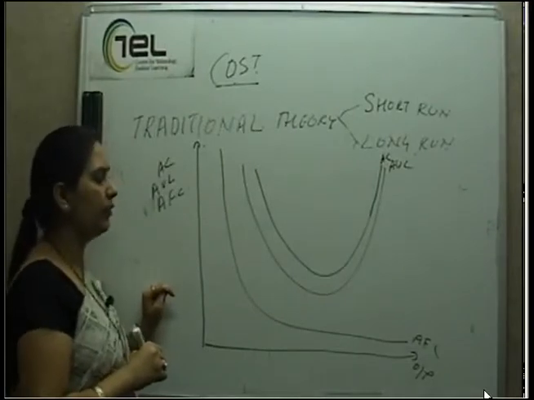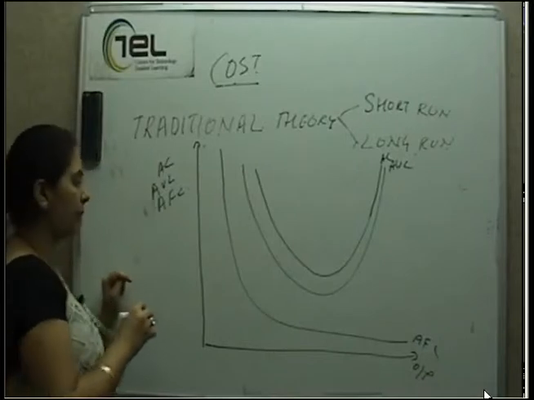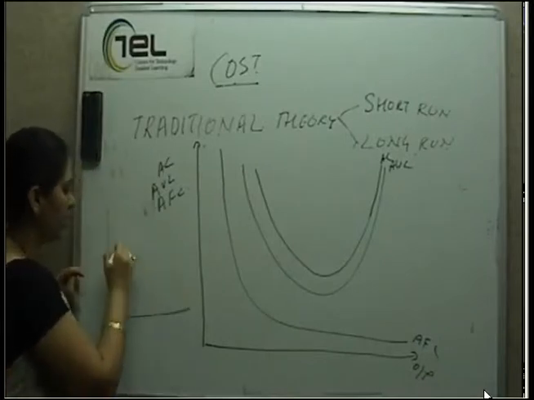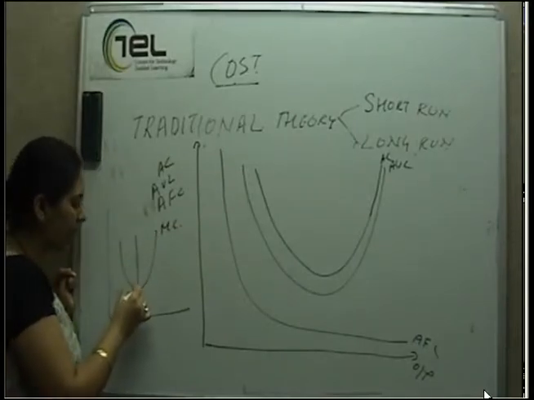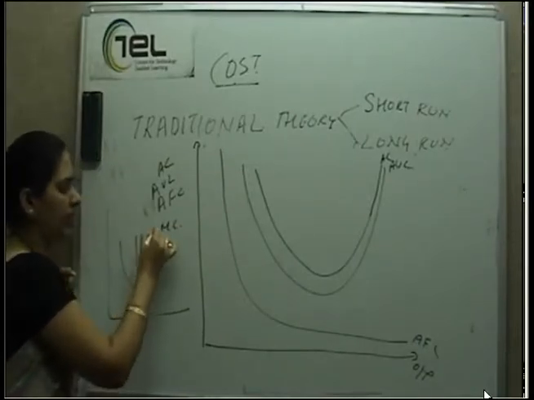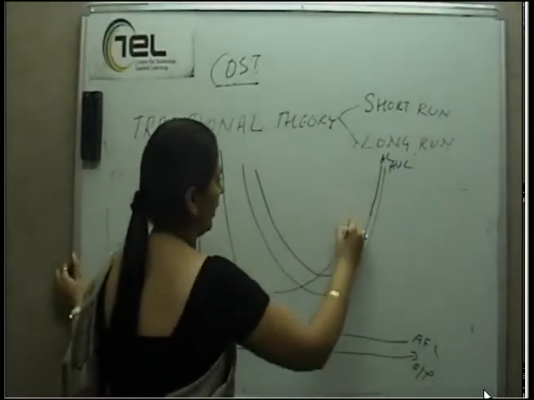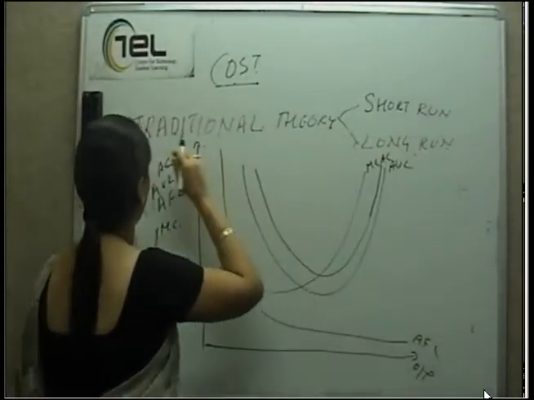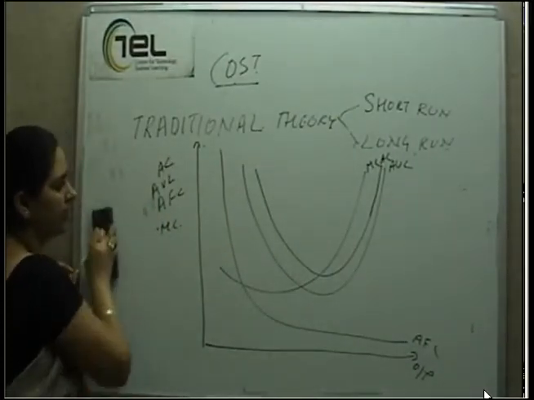So my average cost curve is again a U-shaped curve which would never touch AVC. And the last curve I am left with is the MC curve. Though the MC curve is a U-shaped curve, for simplicity we will be drawing only the rising part of the MC curve in this diagram. So I will be drawing my MC curve like this.